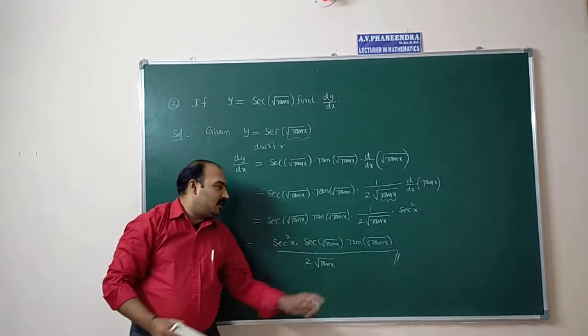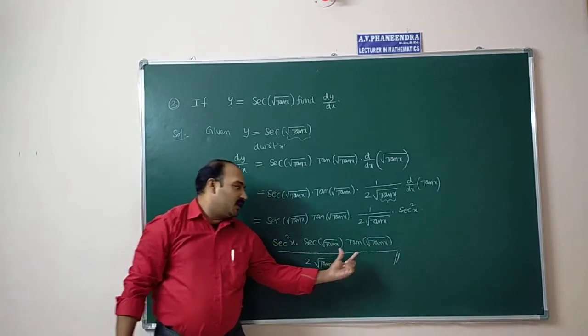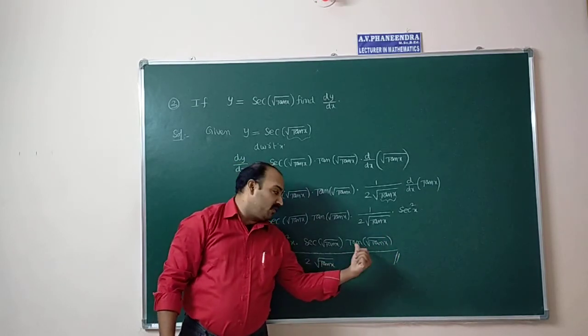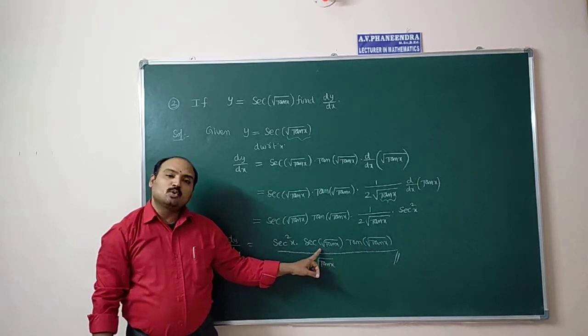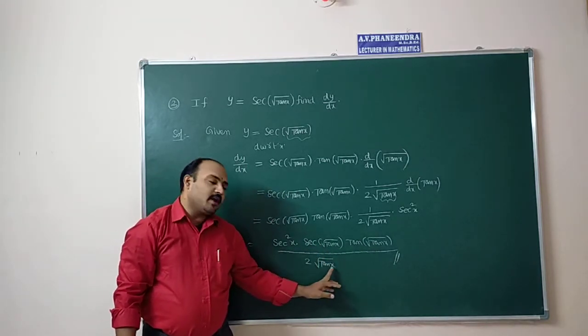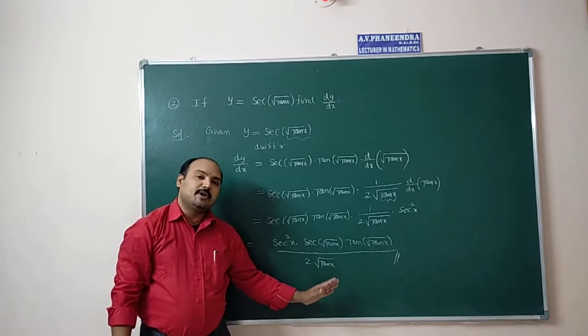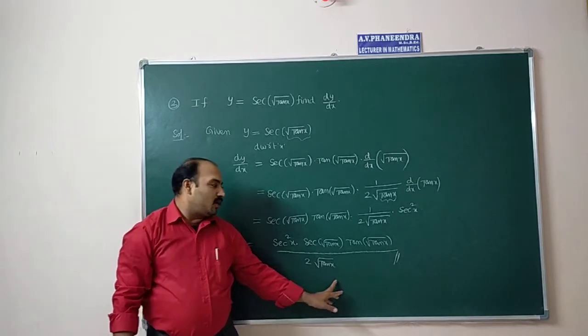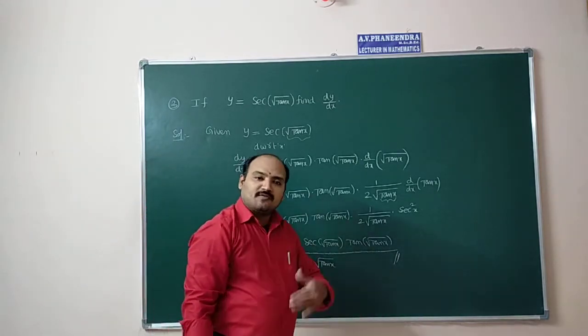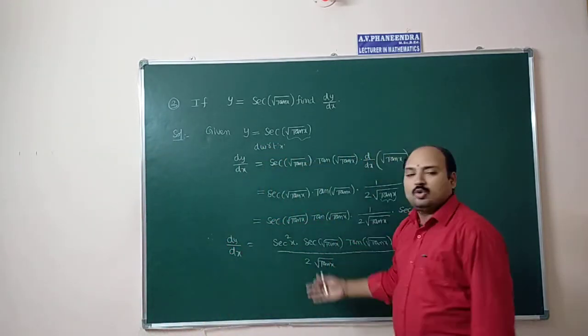But don't cancel here root tan x, here root tan x. Here tan of root tan x is the function which is involving in tan. Even here also root tan x is the function which is involving in secant function. So here root tan x is different function, separate function, independent function. So we cannot cancel these two. Like this you have to do that. One function is involving in other function. This is the way we have to do that.